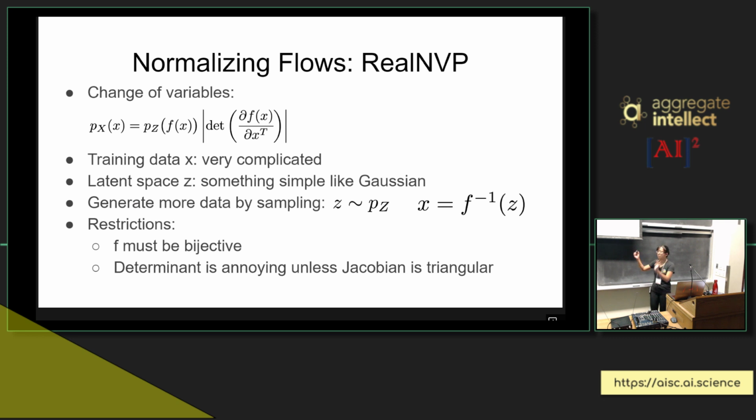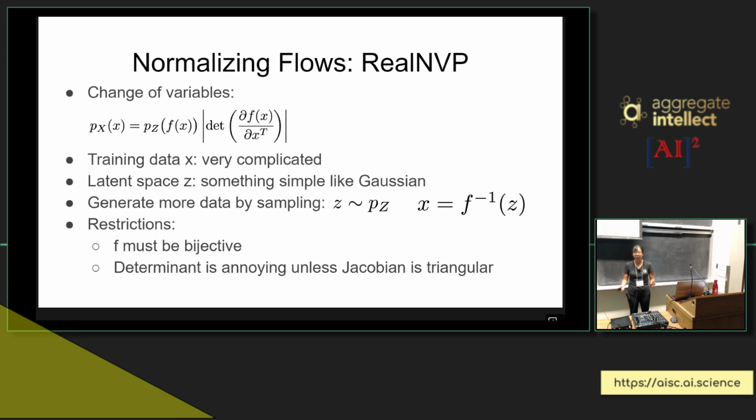So there's a lot of math on this slide. I think it's probably going to be the mathiest slide, but the basic idea of a normalizing flow is that we're going to have a bunch of training data, and this training data in real-world applications, in real life, often has a very complicated distribution. It's not a distribution that you can easily sample from to get more data,